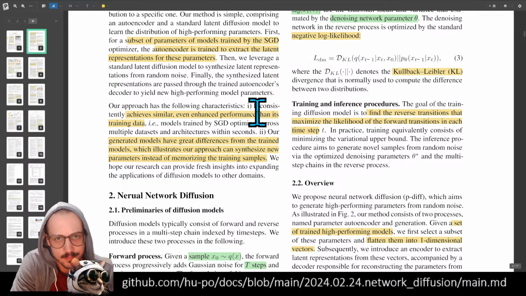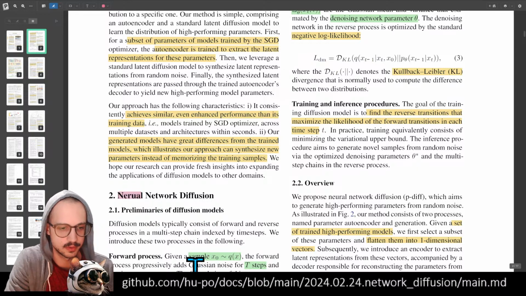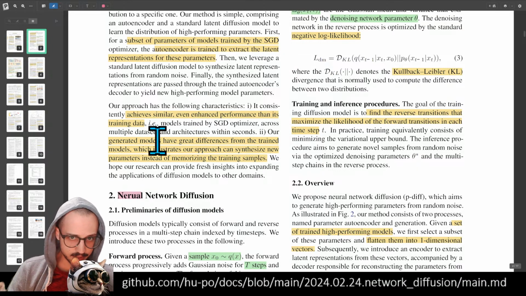Okay. But ultimately, oh, look at that little typo here, neural network diffusion. Somebody should open a GitHub issue to tell them that they have a typo in their paper. It achieves similar or even enhanced performance. Our generated models have great differences from the trained models, which illustrates our approach can synthesize new parameters instead of